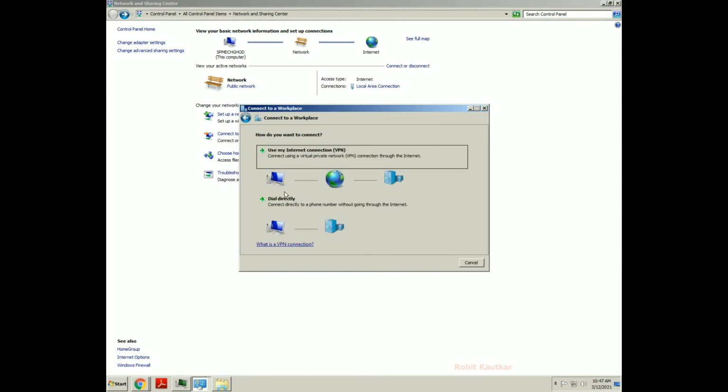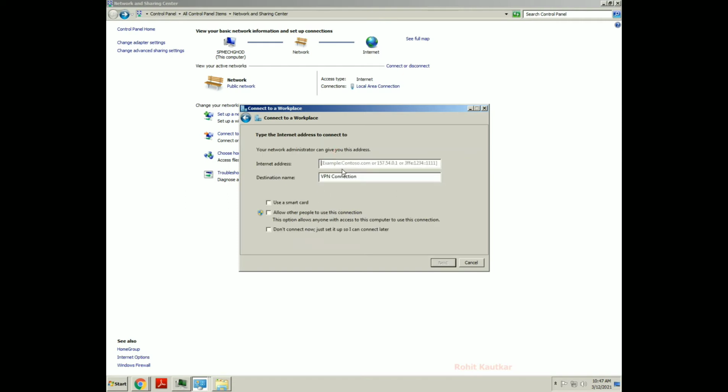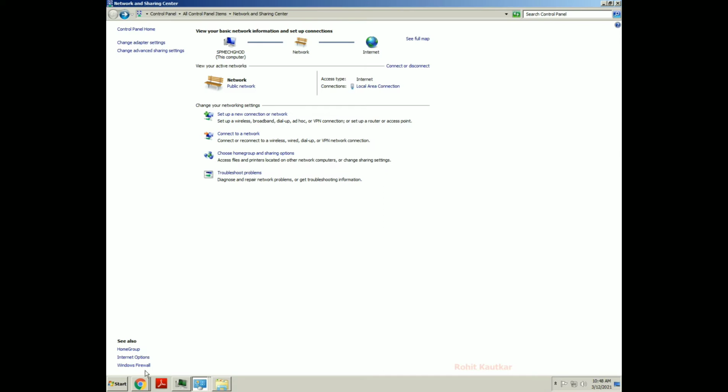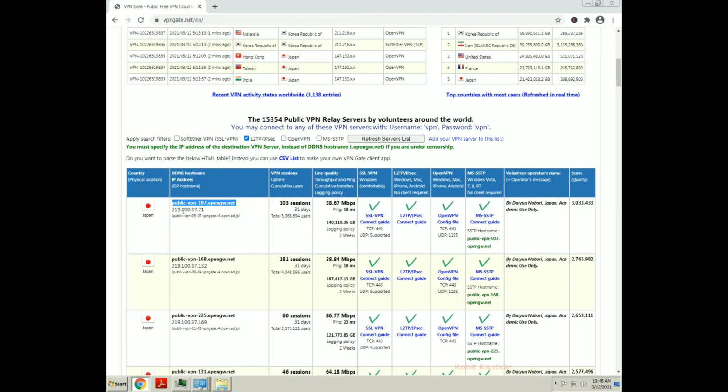Now two options are there: use my internet connection, that is VPN, and connect directly. We have to go with the first option, use my internet connection. Click on this. Now it will ask you for the internet address. Here we need to provide the server name or IP address, as I told you. Whichever server you want to connect to, you need to provide its